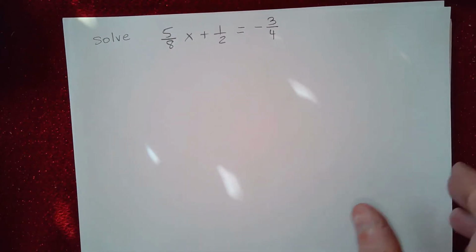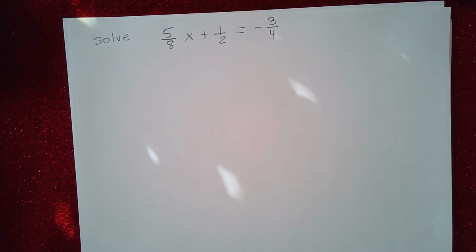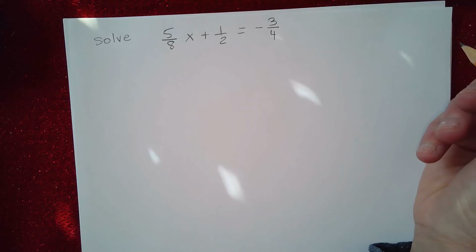Let's solve this equation. Now we have fractions in this equation, and the way we can solve this equation is by finding the LCD. The LCD is again the LCM of all the fractions. So we have 8, 2, and 4. So the LCD is